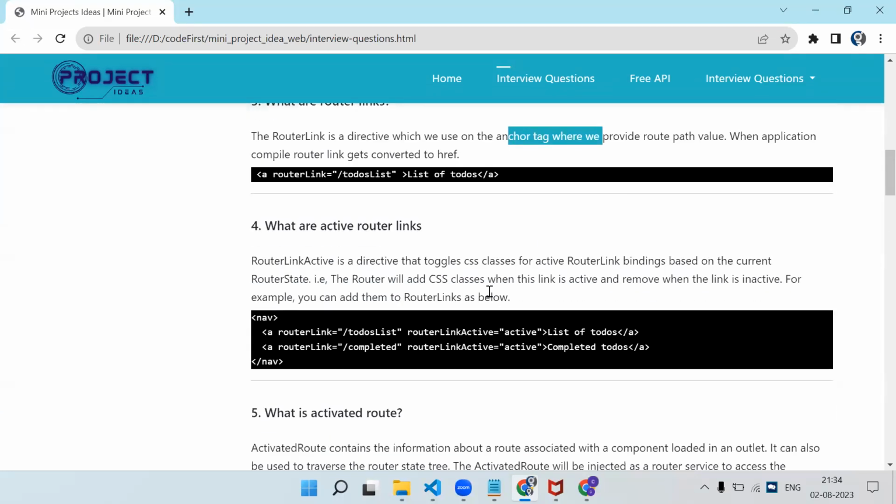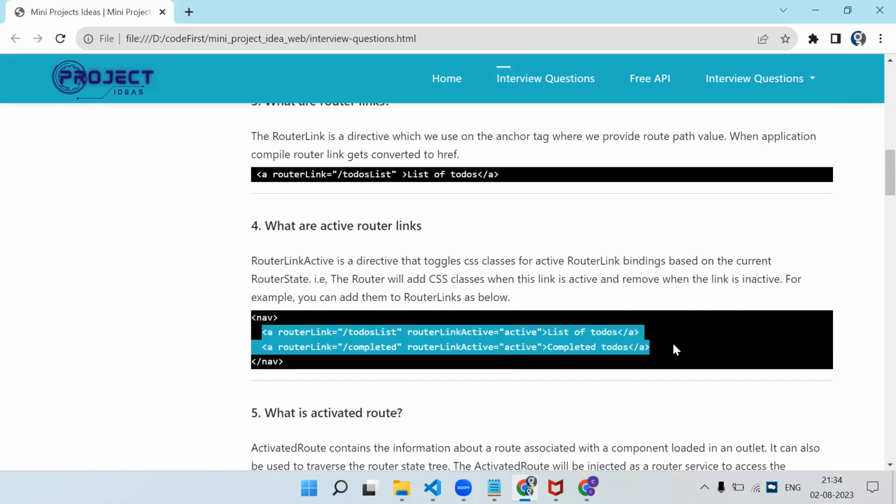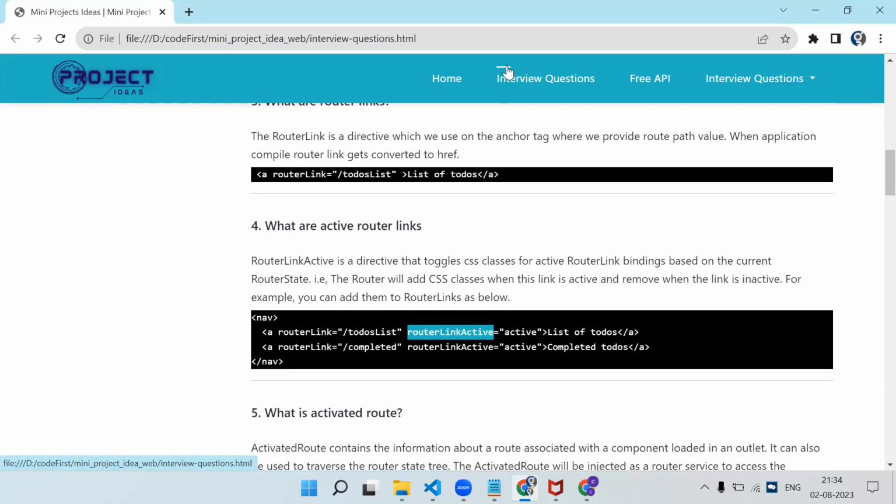So with the router link, we have one more extra thing, that is active link, right? Let's say we have two navbars. When you click on a particular link, that link should get some activation, an active class, so that the user knows this is the active page. Just like here I have one simple dash over here, meaning this page is currently active out of this menu.